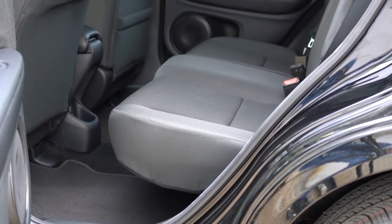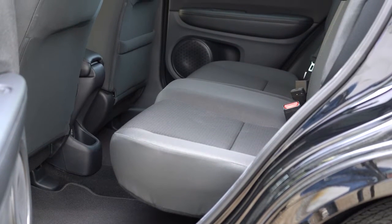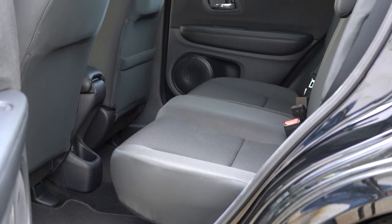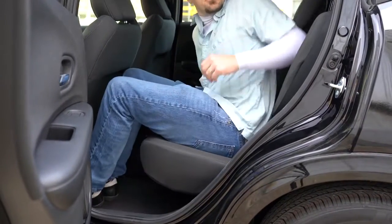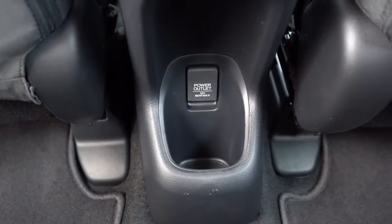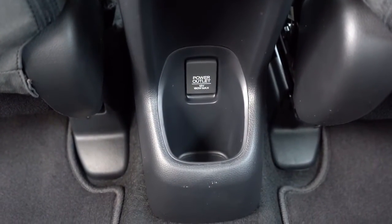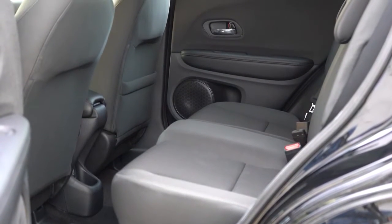rear seats in general, because this is one of the best parts about the HR-V. So 39.3 inches is how much rear legroom you have. For reference, even at 6 feet tall, this is how much space I have back there. Also, there is a 12-volt power outlet, so you could charge up tablets or phones or whatever if you wanted to back there. There is no rear center armrest with cup holders, but the very best part about those rear